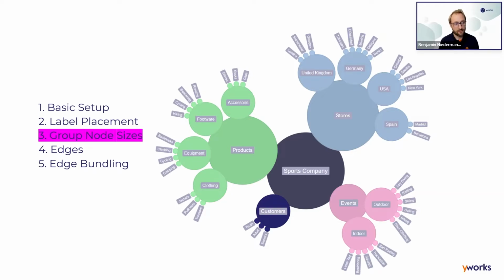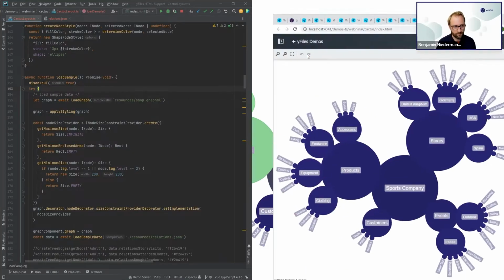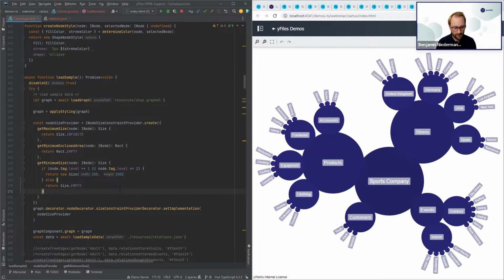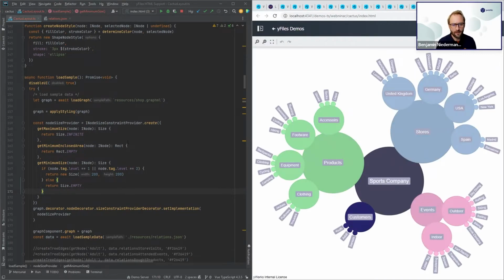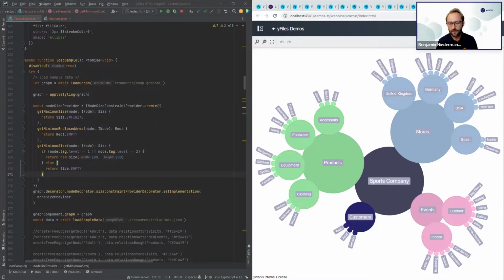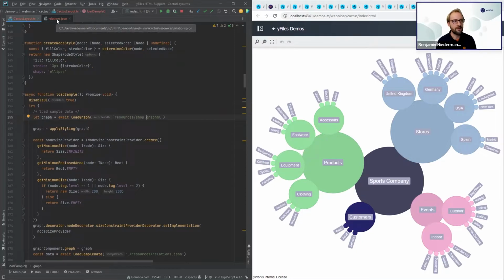Next, I would like to go to the edges and show how to add edges to this graph layout and how to style them especially. So I reload this shortly. And as I already said, the edges haven't been created yet for the graph. And I will do this using another data file, not the GraphML file, but here I have a JSON file